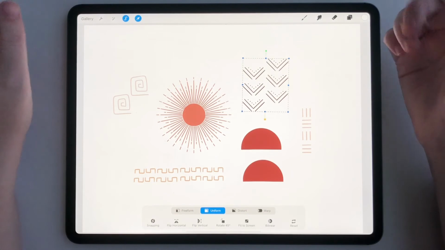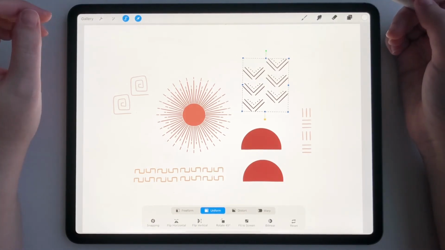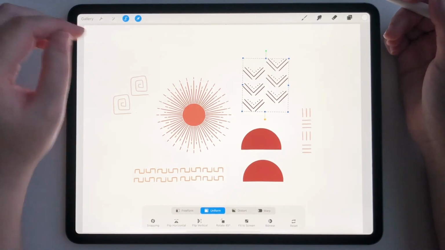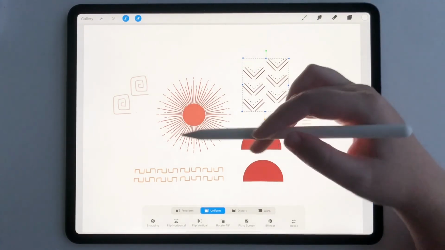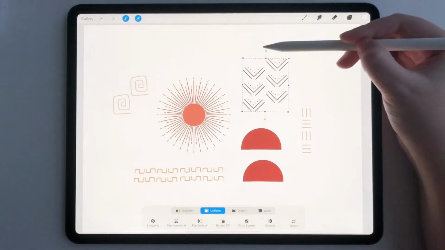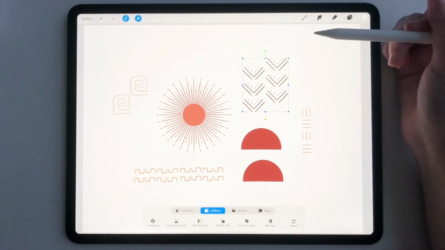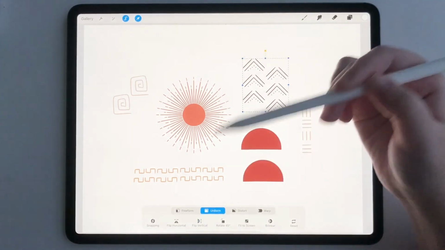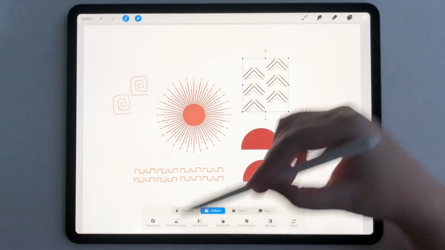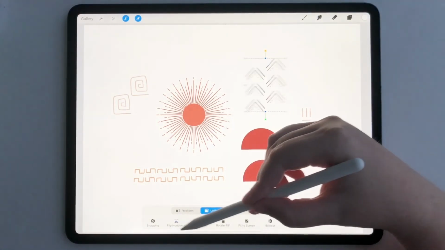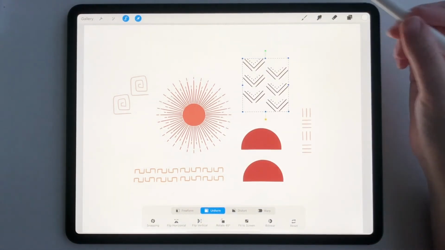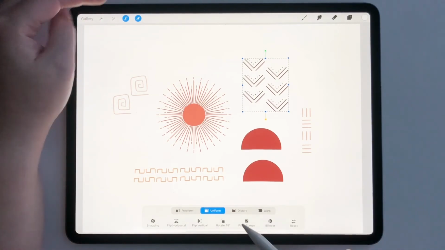Okay, and that's it. That's all there is to it. You can use all of those different options. I really like using the flip horizontal and flip vertical when I'm doing complex illustrations because I can totally flip everything. So like